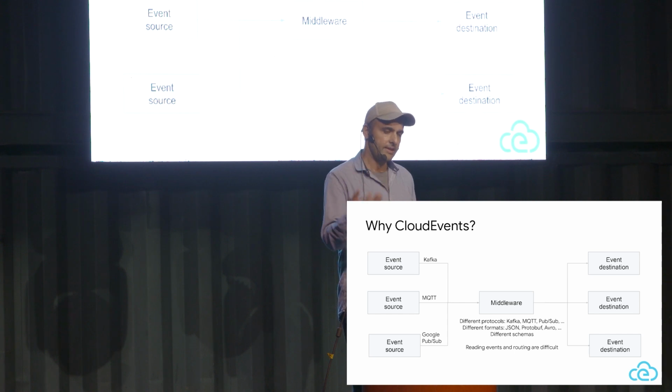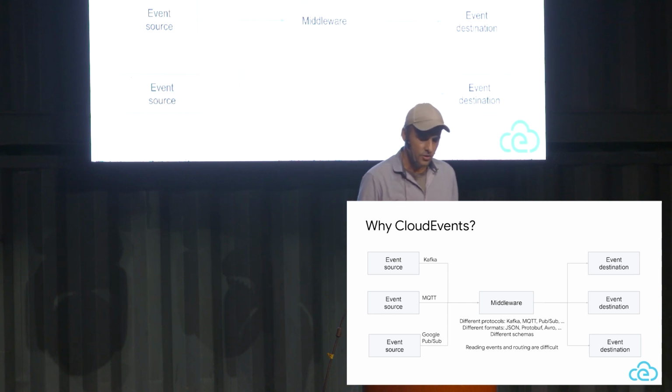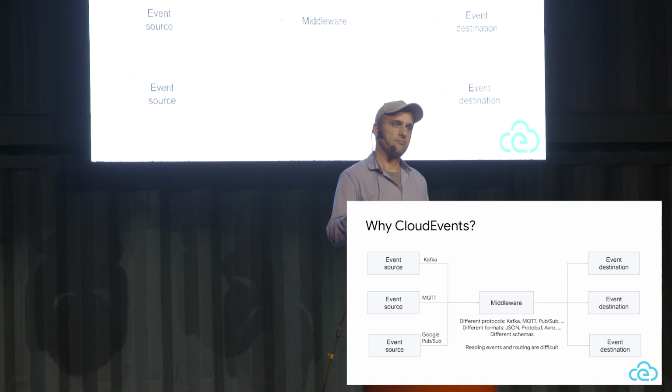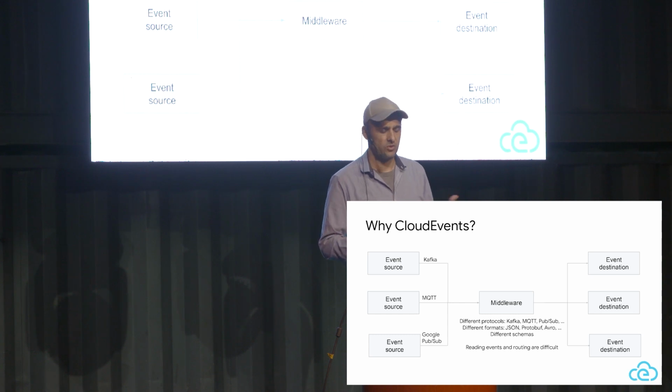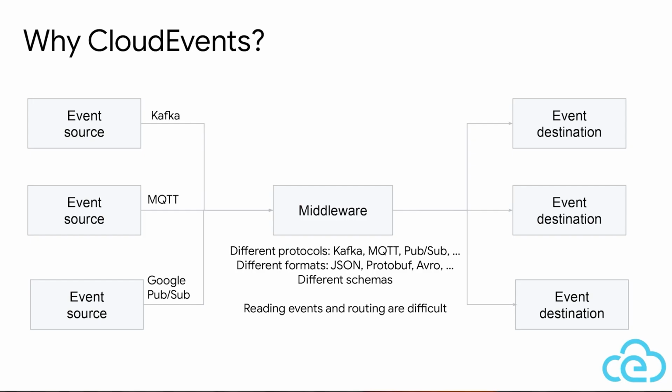So usually when you look at event-driven systems, you have some event sources emitting some events. And then you have some event destinations where you want to route those events to, right? And usually there's something in the middle, or maybe many things in the middle, that will receive these events and route them, and maybe also process them a little bit, right? You might want to do a little bit of transformation to these events as well. Now, this gets more complicated because usually you have different event sources using different systems.